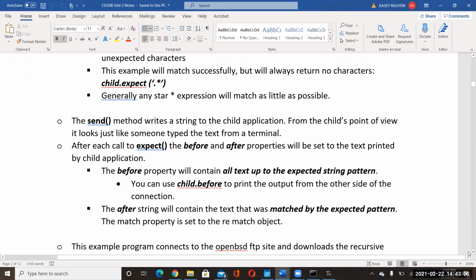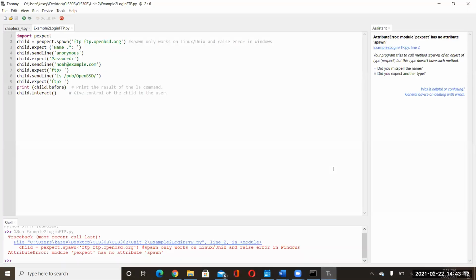Yes, for the script, there is a space after the colon in name, but there isn't one after password. Yeah. So what you expect is what you include in the parameter.